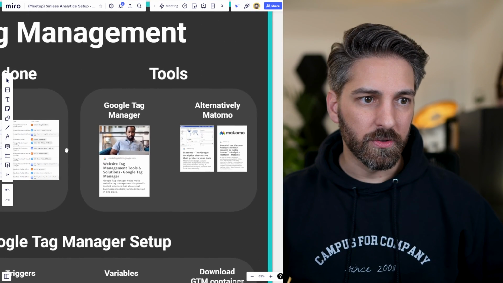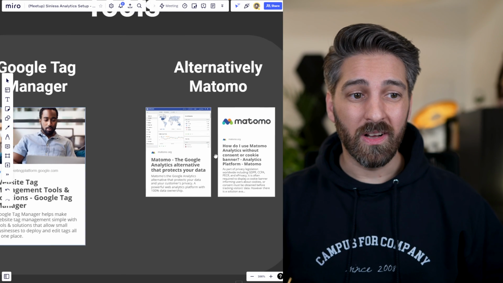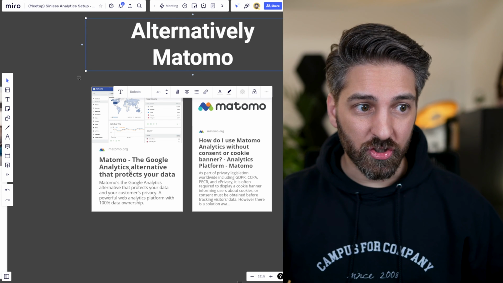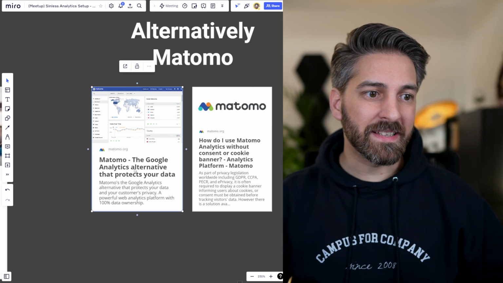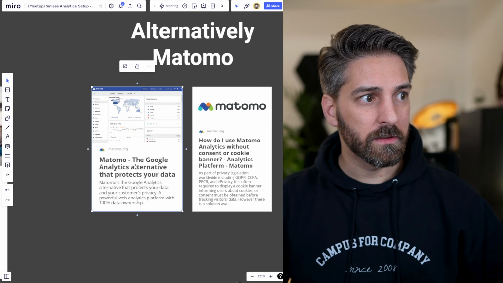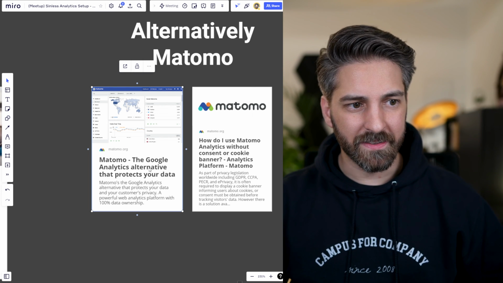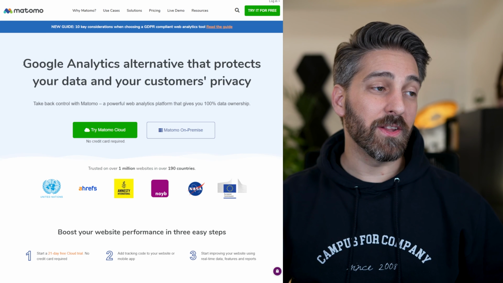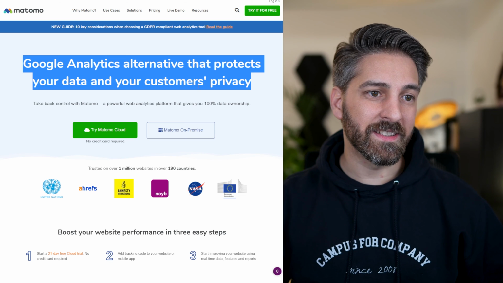You do not have to use Google Tag Manager. Now that's my favorite. I have a true other favorite, the Matomo Tag Manager and Matomo Analytics in general. Matomo used to be called, I actually forgot how it was called. It was pretty famous. It still is. It's a big Google Analytics alternative. They even put it, which I thought was really ballsy, on the title of the main website: Google Analytics alternative that protects your data and your